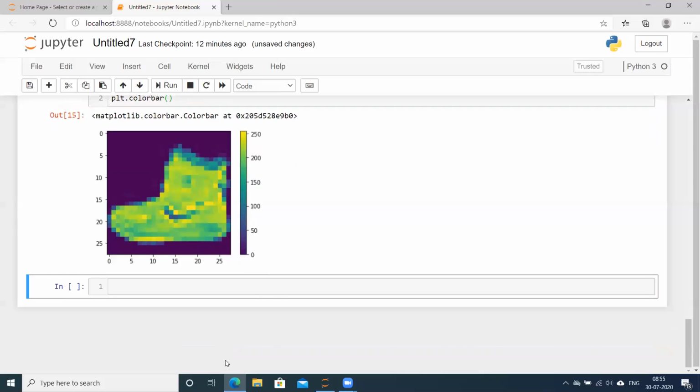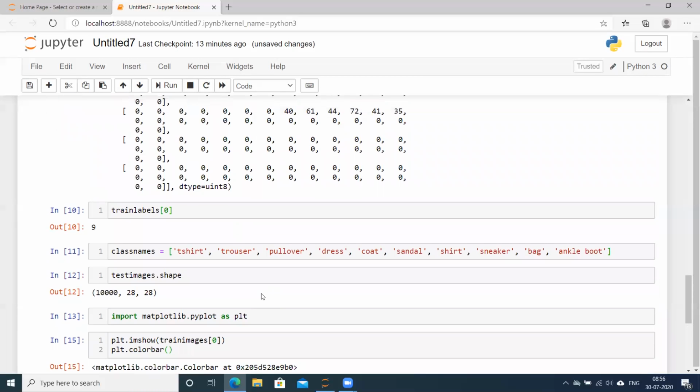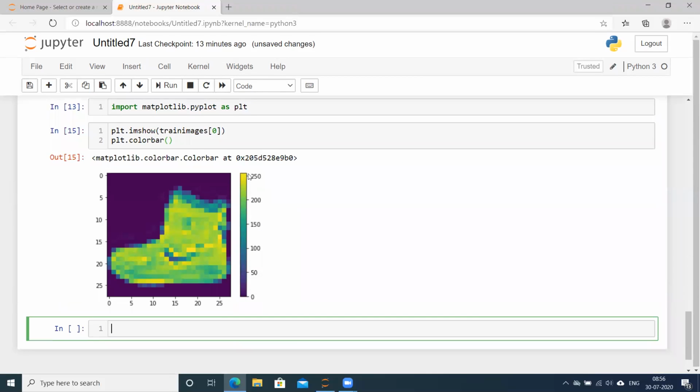Now there is one more thing which we discussed during the theory part: it is always good if the values you pass as input to your neural network are between 0 and 1, right? Its range should be 0 to 1, but currently its range is from 0 to 255.